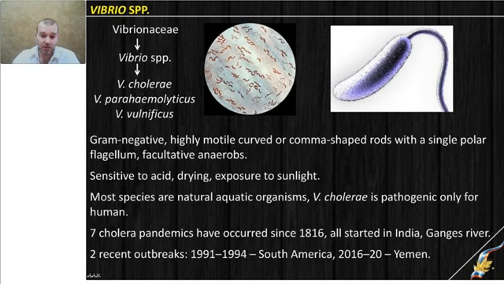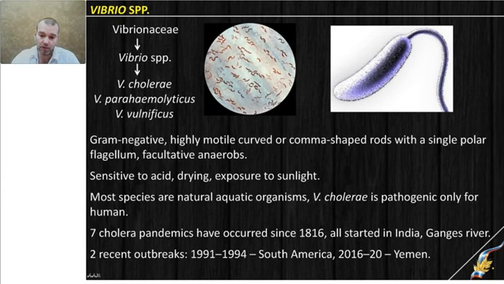So bacteria is famous and known because of pandemics it caused in past history, and millions of people have died. And actually for your faculty, that bacteria is the most important, and we will examine that microbe in detailed manner, because 7 cholera pandemics described in human history all started in India in Ganges river, at the Kumbh Mela festival, when a lot of people swimming in water, they are drinking and washing with that river water, and bacteria is easily infecting humans.